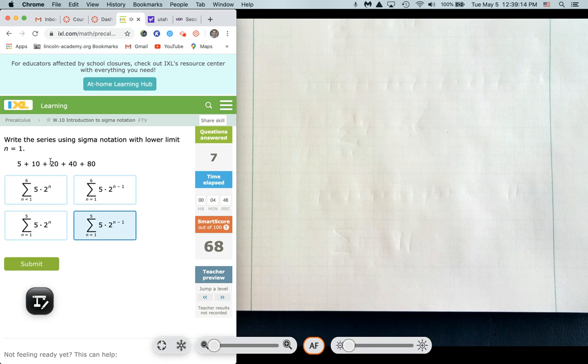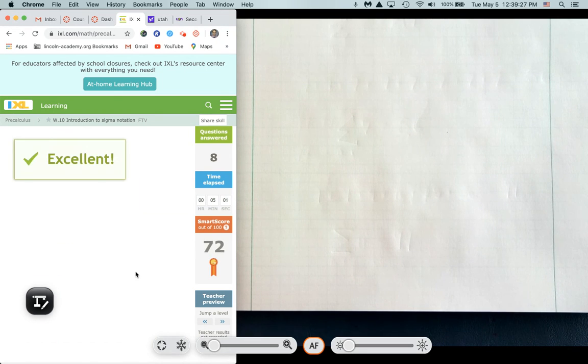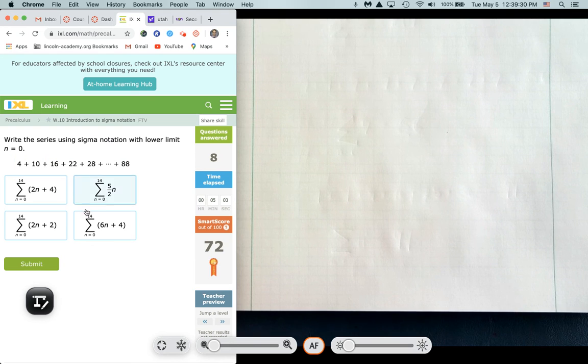And if I plug in a 5, it's 2 to the 4th. 5 minus 1 is 4. 2 to the 4th is 16. 16 times 5 is 80. So it works, right? So here, this one obviously is probably going to be linear because I have a constant